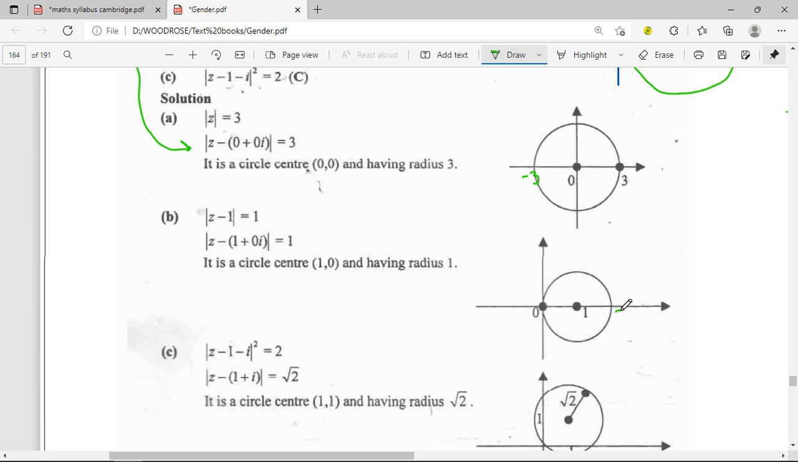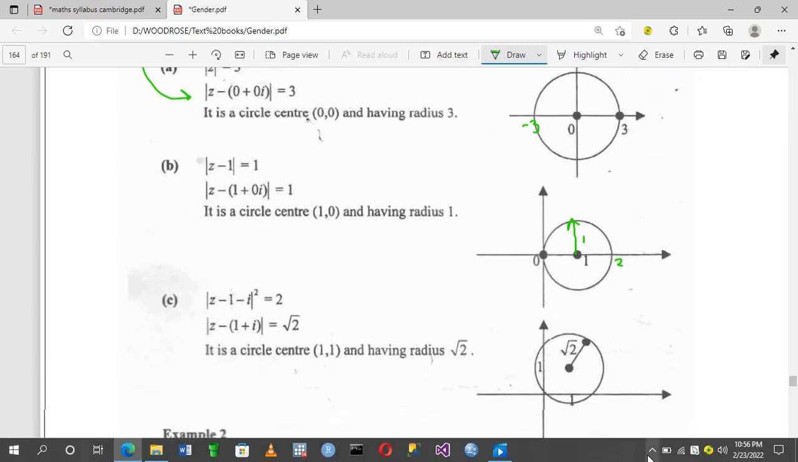Obviously, this one is going to be 2, and this one is going to be 0. Or you don't need to indicate. You can just draw an arrow here and indicate it's 1. Then the last one here, we have the square. We need to remove the square, then introduce the square root. We are going to have square root of 2 here, which is the radius. Then for the center, you say z minus, you open bracket, 1 plus i. So the center is 1, 1, and the radius is square root of 2. So here will be